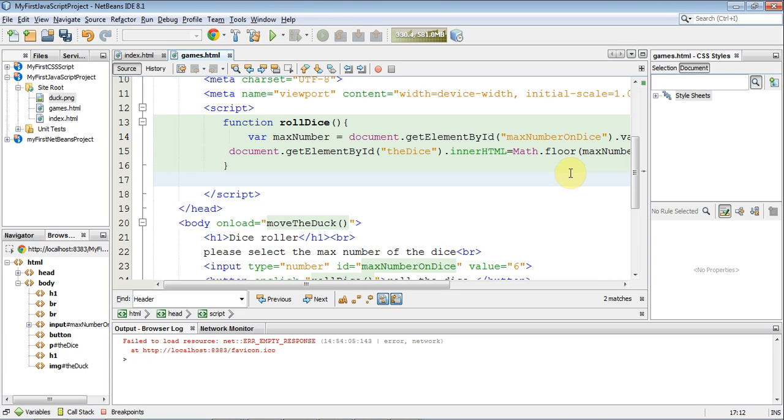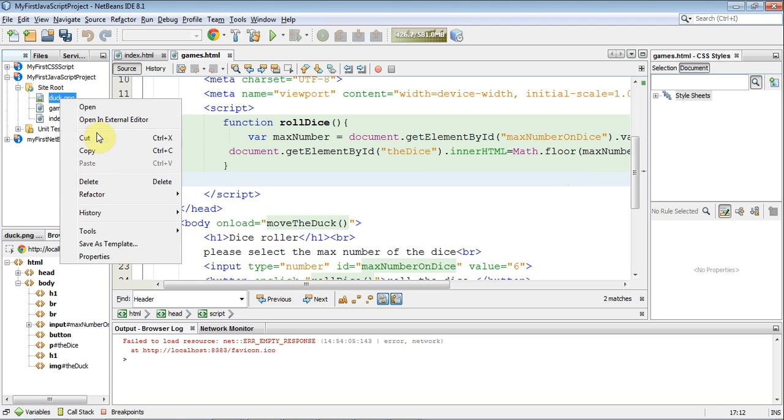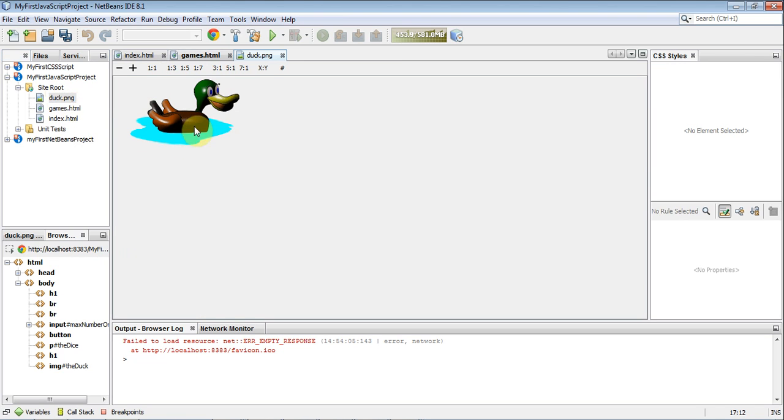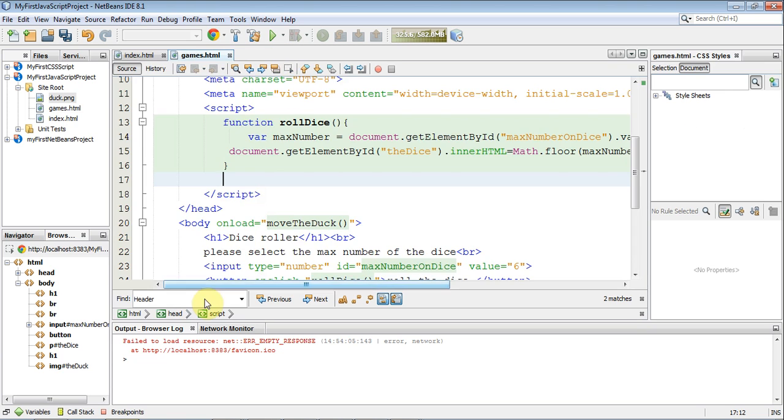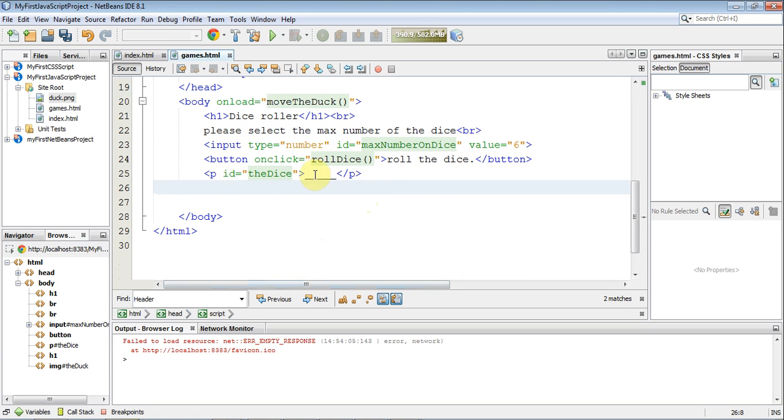Right, you got the dice rolling to different numbers. That's brilliant. Right, what we're going to do now is I've made a little image, and that image is of a small little duck. You can choose any image you like, but I want to play a game, and this game is called Make the Duck Quack. So we're going to have this little image of a duck moving backwards and forwards. Okay. So the way we're going to do that is after we've got the dice,